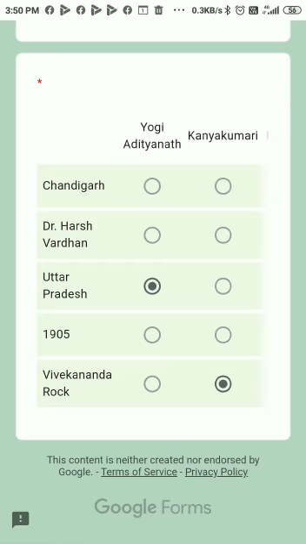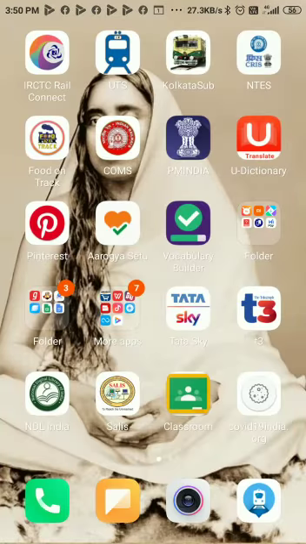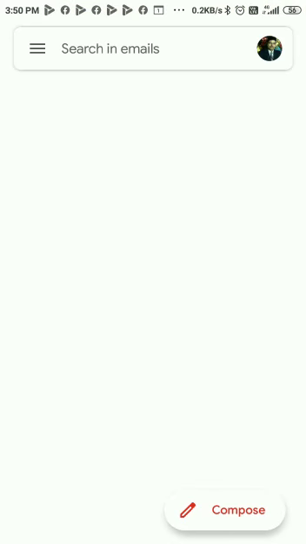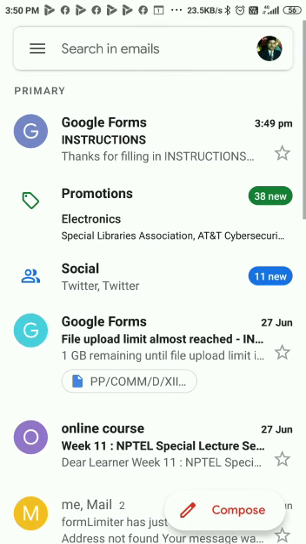And if you want to see this form replica from your Gmail, just back and go to your Gmail. Here I just complete my examination and got a this Google form instruction.